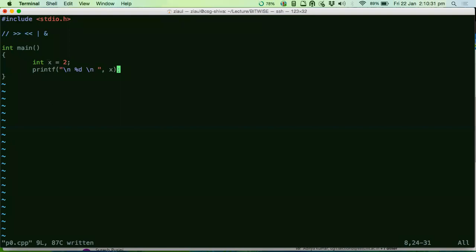Placed one after another. When I used x with a %d, the entire 4 bytes were interpreted as an integer and printed onto the screen by the printf function. But in reality, in hardware, in your memory, x is stored as 4 different bytes.